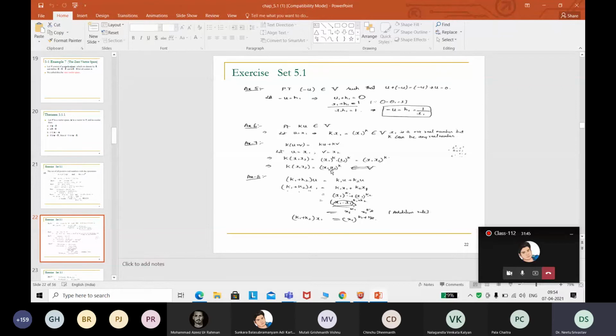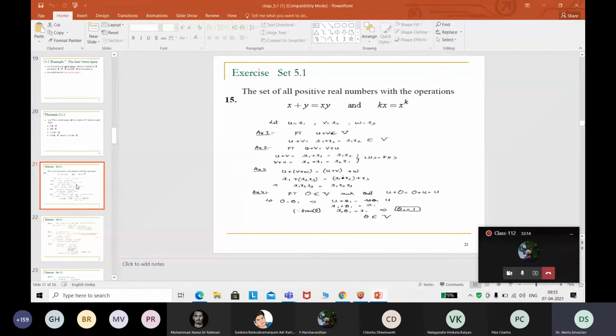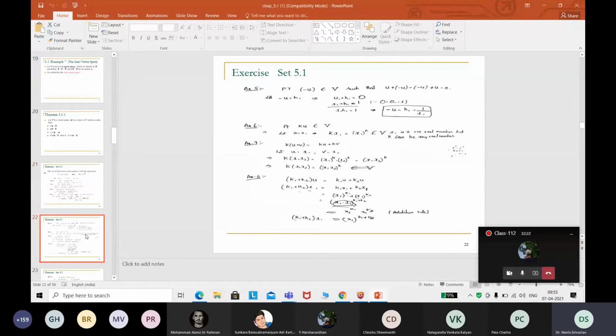Excuse me, ma'am. So just check. Yeah. Ma'am, for the seventh one, we should apply the multiplication equation, right? Like the scalar multiplication one. Yes. u plus v, but we have only one vector, like one equation, right? But v, where will we find it? No, u is x1 and v is x2. So u plus v will be what? It is defined now: u into v. x plus y is what? x into y. Yes, ma'am. So this is what we have to apply.